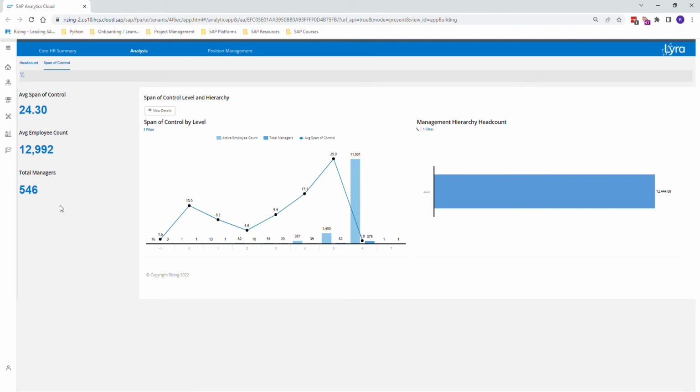You can also see all metrics and graphs for specific departments, functions, and others by applying the page filter. This helps you to compare with the industry best practices and benchmarks for departments like finance, HR, and others. For a more detailed check on the organization's span of control, you can use the span of control by level